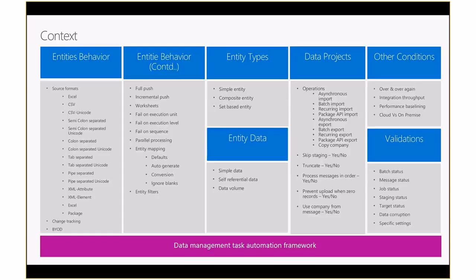And going forward on the entity behavior itself, there are a few other settings that somebody can configure. I'll call out the parallel processing settings, and I'll also call out the entity mapping settings that somebody can do on the mapping itself. Should the value for a column default, or should the value for the column be auto-generated using number sequence? Now, these become quite significant in the context of data migration, right? So teams can go and configure these